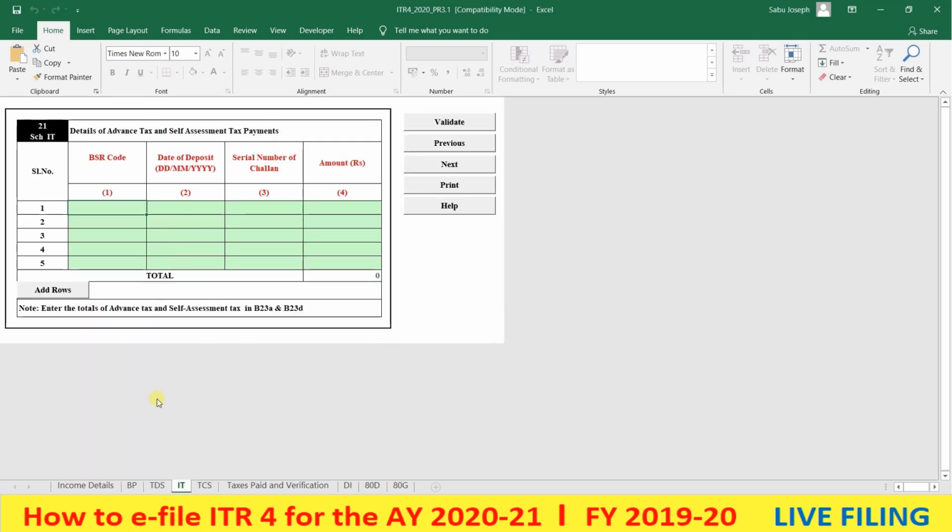Here on the IT tab, we have to enter the details of the advance tax paid and self-assessment tax paid. If we have paid any advance tax during the 4 quarters, that advance tax BSR code, date of payment, serial number of challan, and amount. And if we paid any self-assessment tax during this year, that means if we have assessed the tax, and in this case we got 8,126.